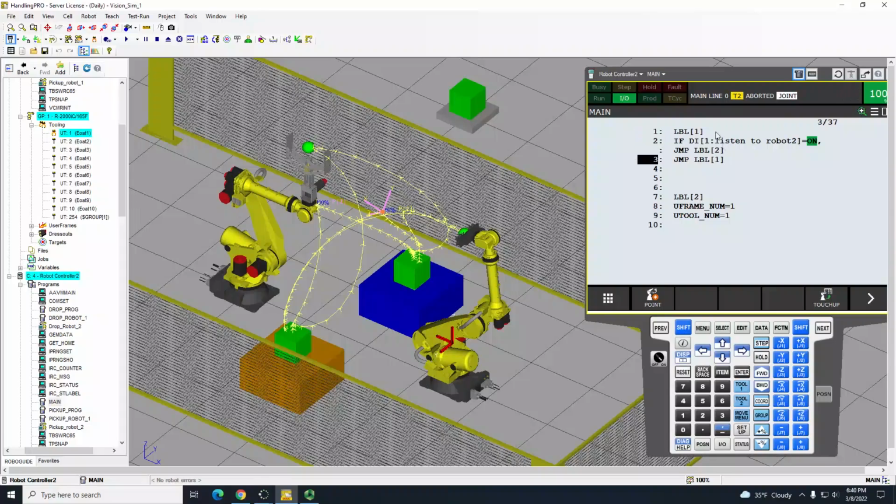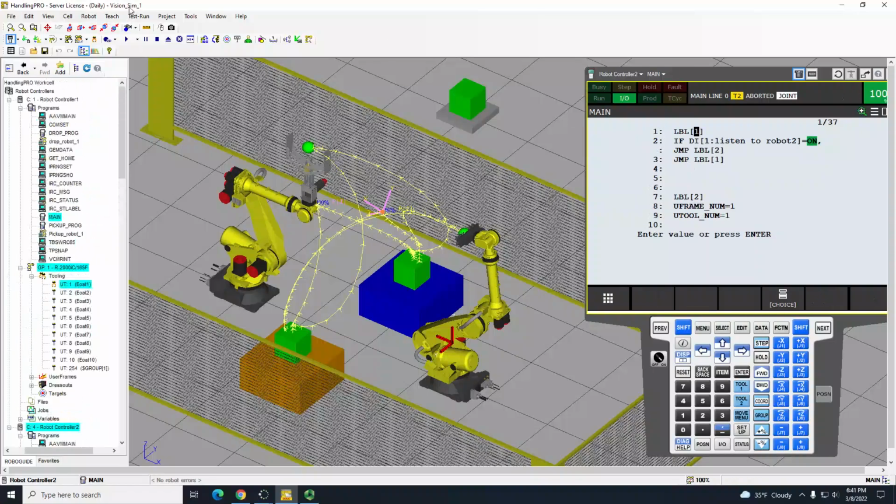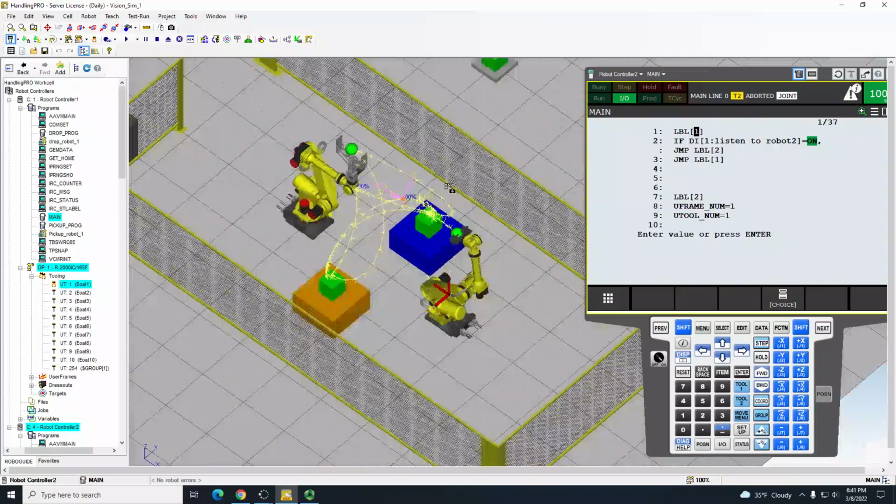And when it runs simultaneously, if this DI is off, again, when the DI is off, the DO of robot 1 is off, the DI of robot 2 is off, it keeps looking until the DI is on. It will keep running around this loop, like label 1 goes to label 1, it checks if it is off, it will jump label 1, again label 1, jump label 1, it will keep going. That's the whole logic of having this thing here. There's nothing big, rocket science. That's all. And this is what I had to tell you guys,